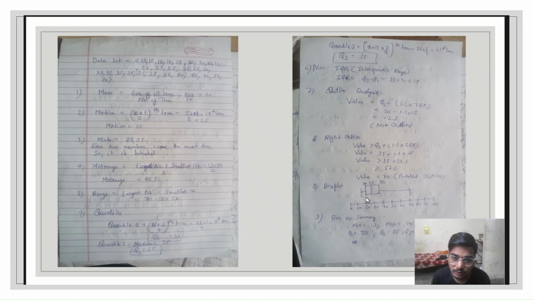Plotting on a box plot, we will get, indicated by this line, the IQR. This line indicates the outlier, and 20, 25 and 35 are our quantiles. So our 5-number summary gives minimum as 30, maximum as 70, Q1 20, Q2 25 and Q3 is equal to